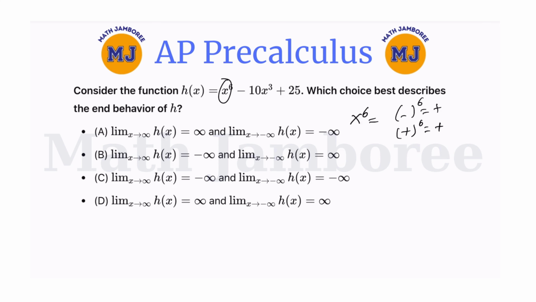So substituting a very small number, like negative infinity, or substituting a very large number, like positive infinity, it will still result in positive. So therefore, we will have choice D as the correct answer, because in both cases the result will be